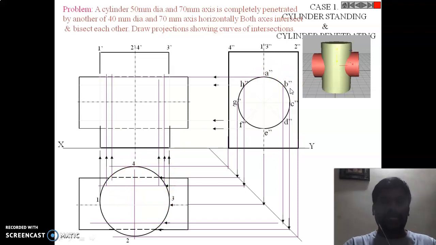Let's try to understand the intersection points here. So they are being intersected. If you go through this diagram very clearly, H and F is this, isn't it? H and F. So this is the F intersection. That means you need to draw a projector from here and a projector from here. Why? Because it is coming and intersecting here.